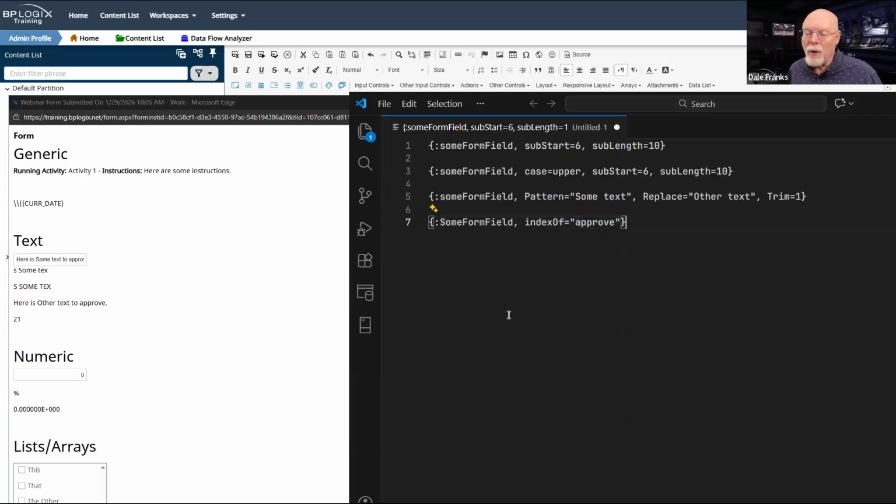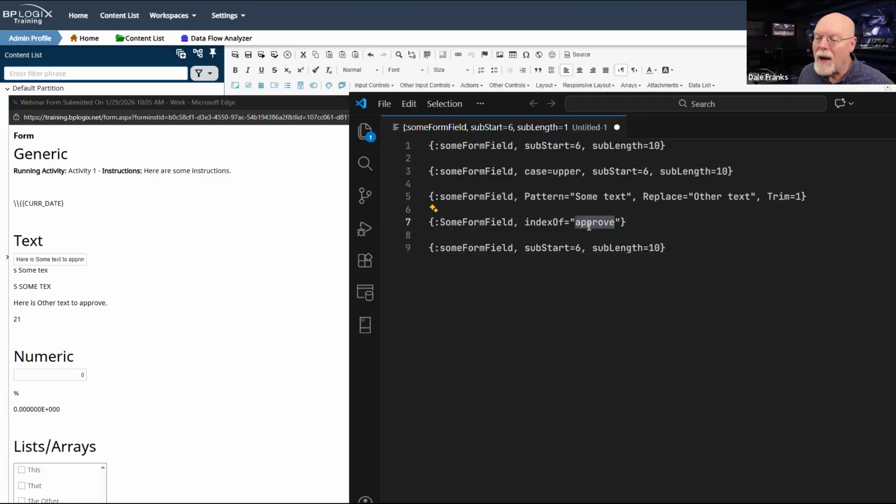So if you want to pull out some specific text or change some specific text, but you don't know where that text might be, because what you want to do is try to figure out how to return some specific text. Well, let's just try that one. The nice thing about system variables is that you can nest them.